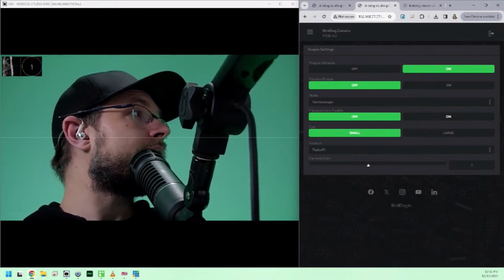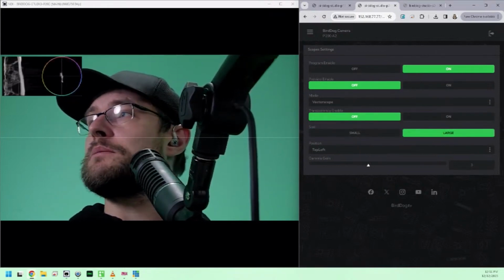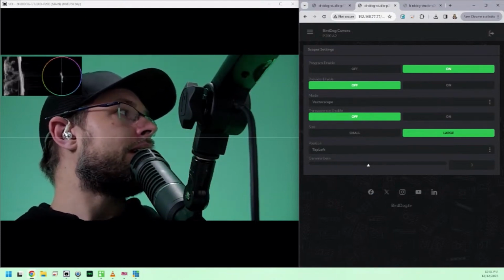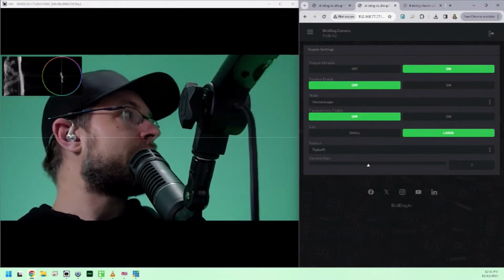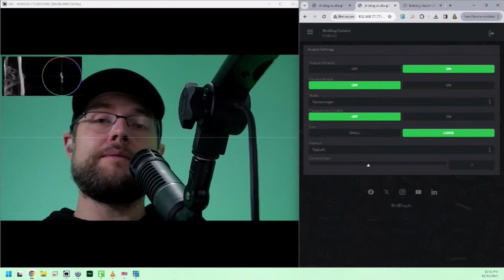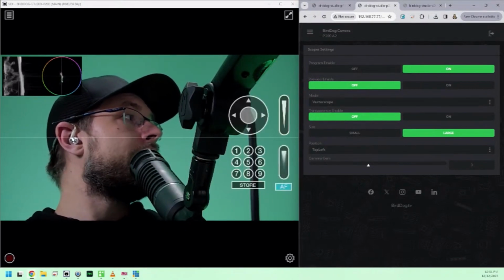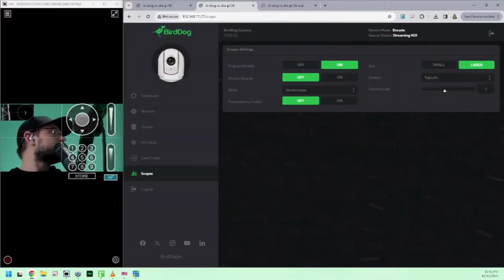I also like that I can make this larger. Now, pro tip, this isn't actually making it larger. It is making it bigger. You say, John, what's the difference? Well, the difference is we're stretching it. Okay, that's why we're making it bigger. So it looks a little bit pixelated here, but it's still all the useful data that you can see live right here. Now, if I make this smaller, okay, and I make this tiny,